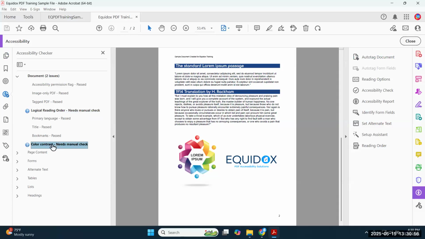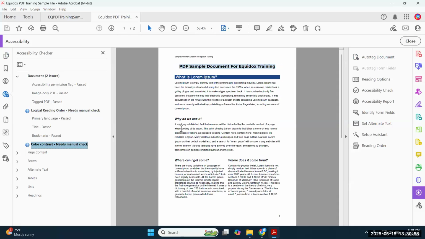And to be honest, you don't want to be trying to edit PDFs for contrast anyway. It's kind of a losing battle. You'll end up breaking the document more times than not. PDFs are not really meant to be manipulated like that, where you're changing fonts and background colors. So these are to be expected, but in general, you just ignore these completely.